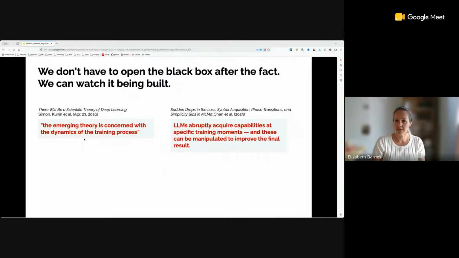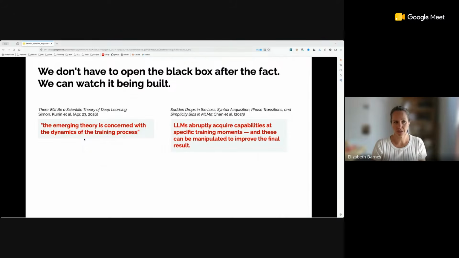So instead, we're taking a slightly different approach these days and saying, instead of opening the black box after the fact with these ad hoc XAI approaches, let's watch it be built instead. And by watching the model learn, we might actually have a better intuition about the decision-making process. And in fact, one of the reasons I'm particularly excited about this is something that the LLM world has been exploring for the past few years.